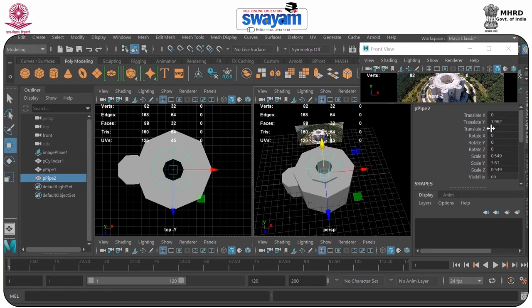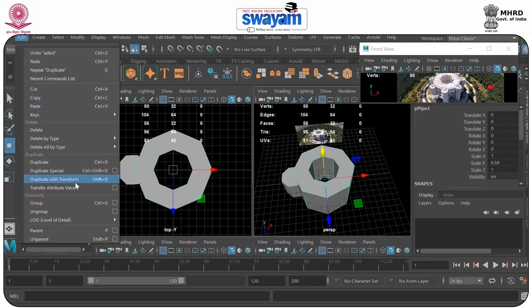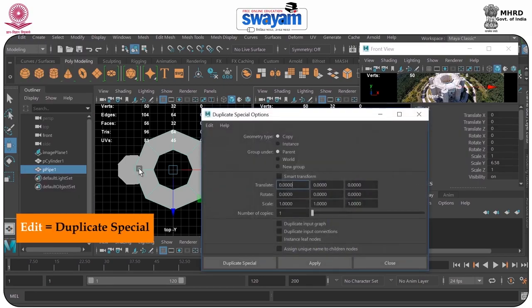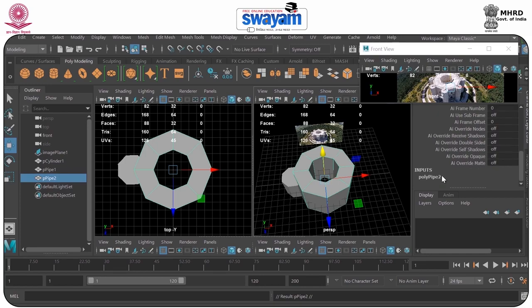Fine. And now again come down into the input node, but here you can see the input node is not available. So what you have to do, at the time of duplicate, select the model and the edit option and use duplicate special option and reset the menu and use the duplicate input graph. Now here you can see the input node also.